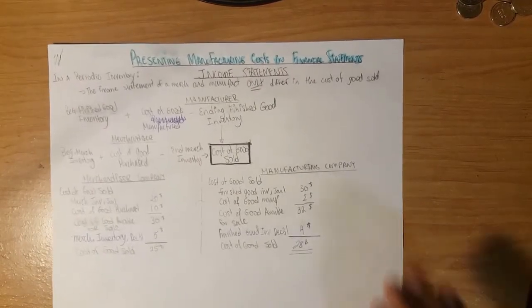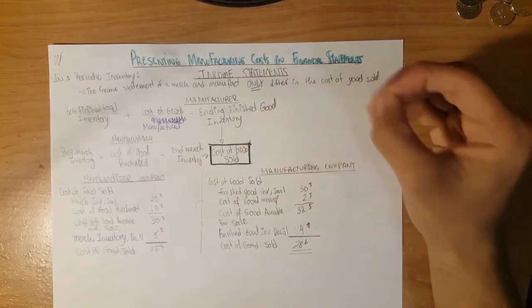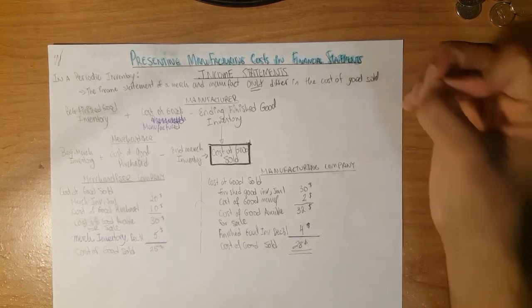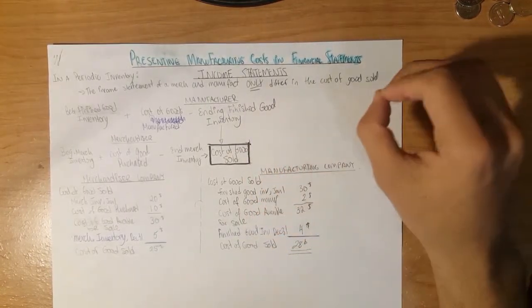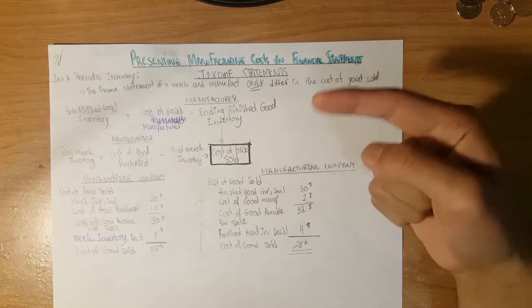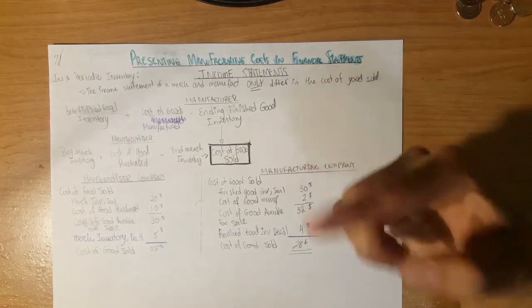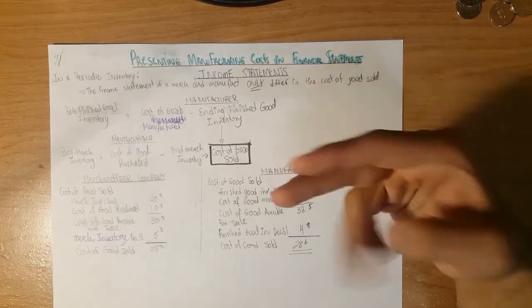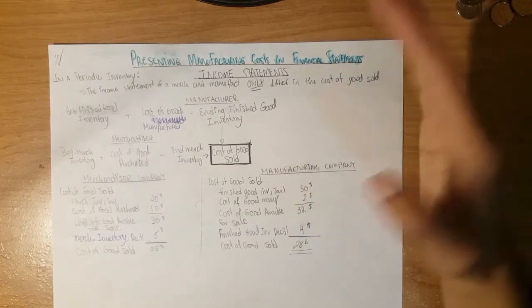Hey YouTube, in today's video we're going to be talking about how we present the manufacturing costs in financial statements, particularly on the income statements. We have learned in the previous lectures about the different types of costs. We've discussed the manufacturing overhead, the direct and the indirect costs, but let's see how we present this all on